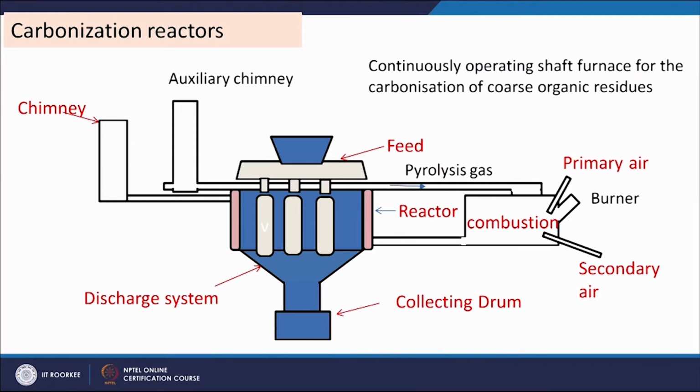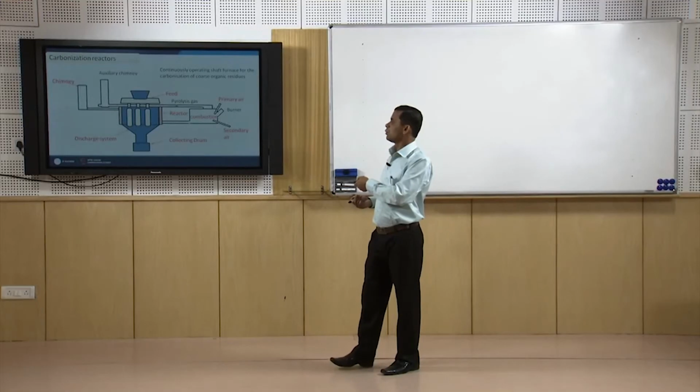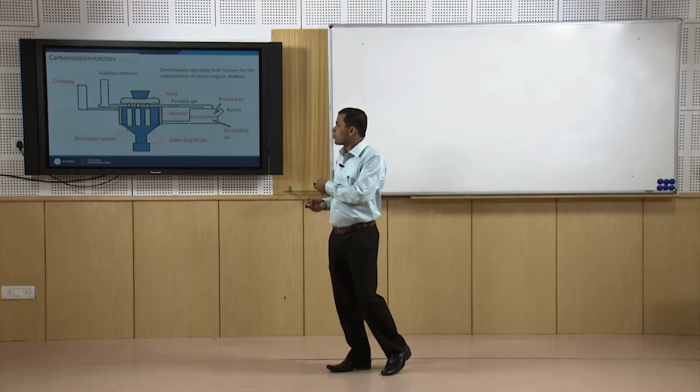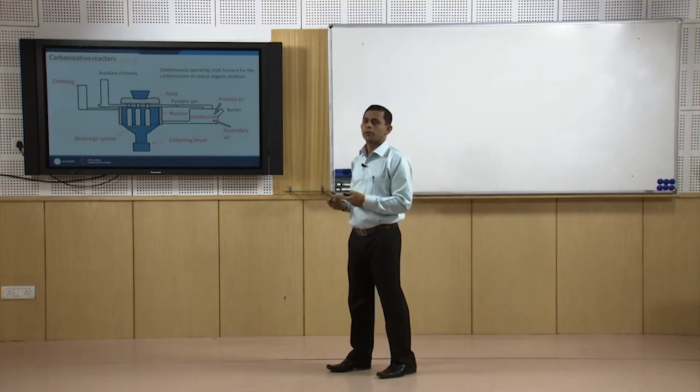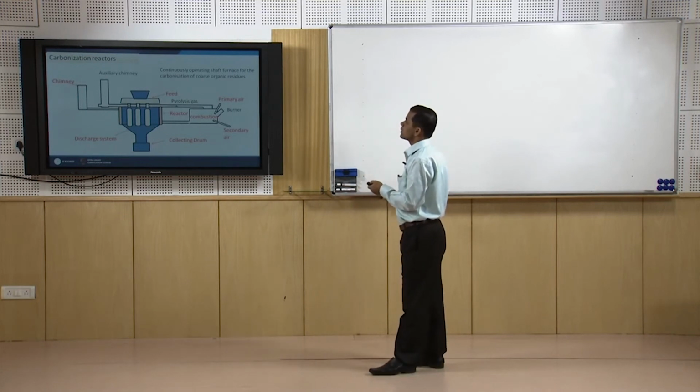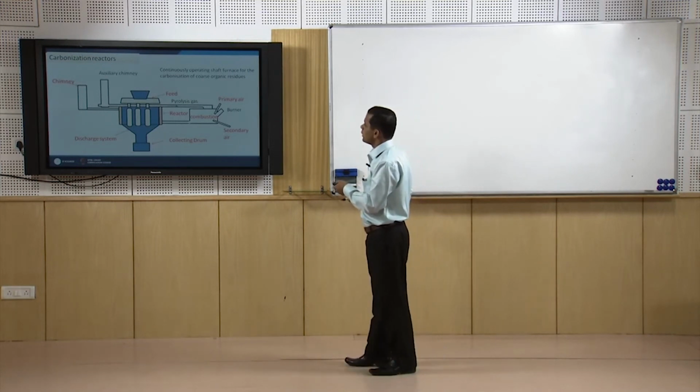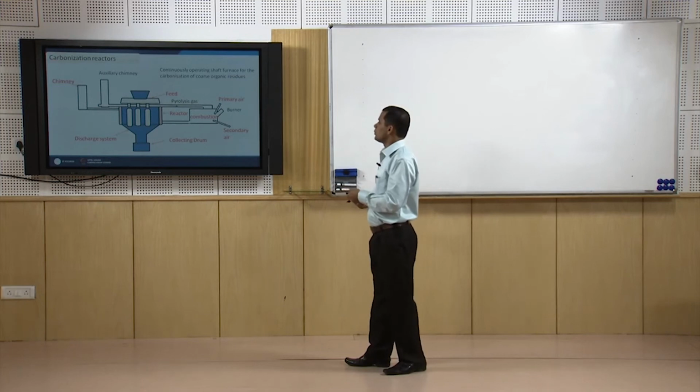So, when the material is passing through these columns, it will be heated up and volatilization will take place. Volatile material will go off and come through this line, that is pyrolysis gas. So, the off gas will be sent to this combustion zone, so that it can be combusted further to produce flue gas and release heat, and that heat will be used again. After this combustion, the flue gas after raising the temperature will go through this chimney to the environment, and there is another emergency or auxiliary chimney, if needed, to release the pyrolyzed gases, and from the bottom we will collect the